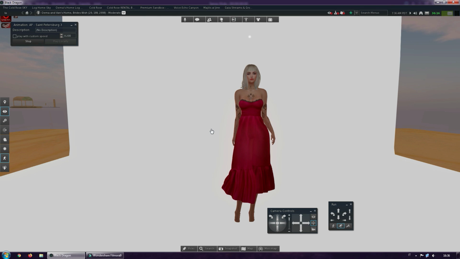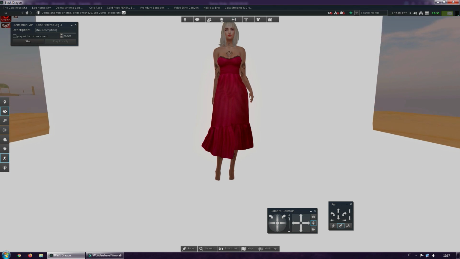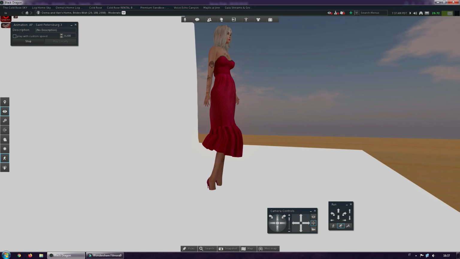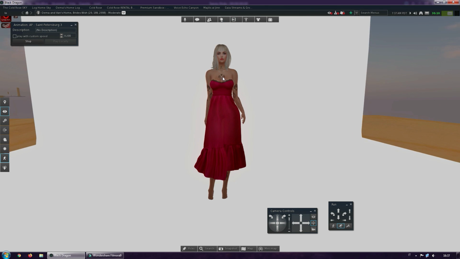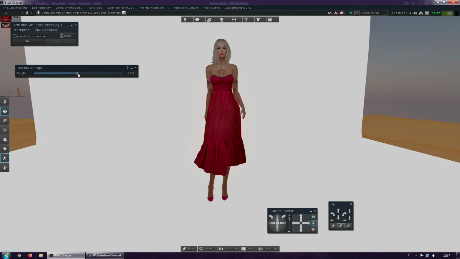First of all, I want to tell you that I am using the Black Dragon viewer at the moment because I think it's really nice to take pictures in Second Life, and I prefer this viewer to all the other ones, at least for now. Like you see, I need to adjust my avatar a bit because my feet are inside the studio floor. This is really easy in Black Dragon because you just right click on your avatar and select overhead here, and you can adjust from this tab